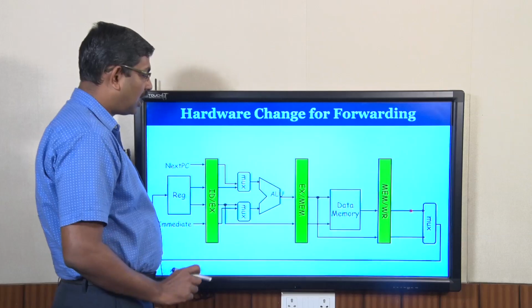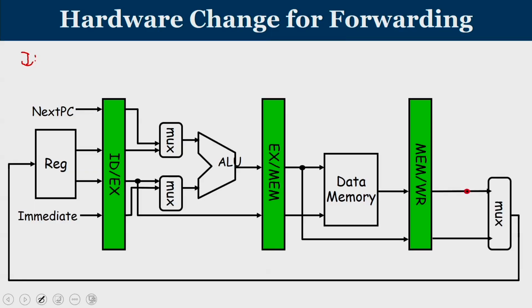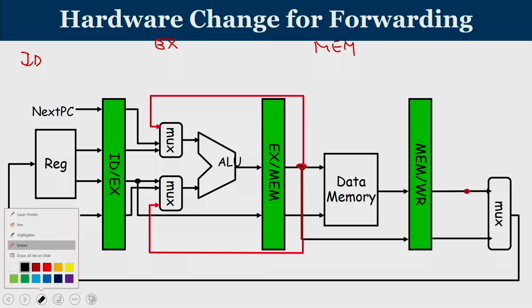Now, let us look into how the operand forwarding circuit really behaves. So, this is the ID stage we are talking about, and we have the EX stage, and this is the MEM stage. We have seen that the output value of the ALU should be forwarded to the input of the ALU. So, there should be a path that connects from the output of the ALU, that is from the EX/MEM register, going into this. This multiplexer will take care of whether the value should come from this pipeline register or from this arrow. So, to make it more clear, let me draw with a different color.